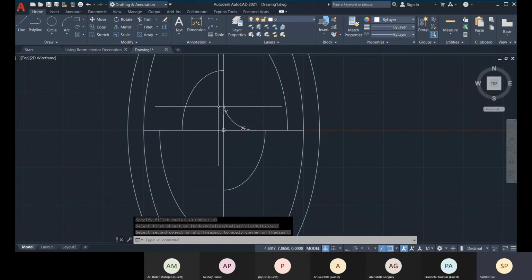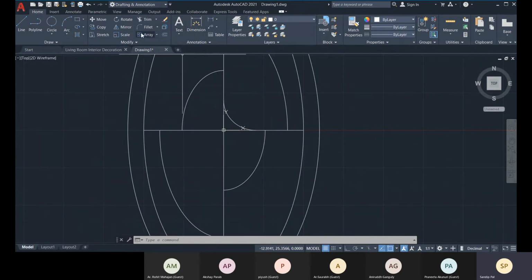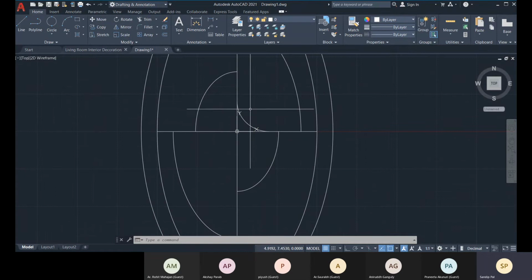Now see one thing, that the fillet operation is only done once, and again I have to select that fillet. But with that same radius I need multiple operations at a time.